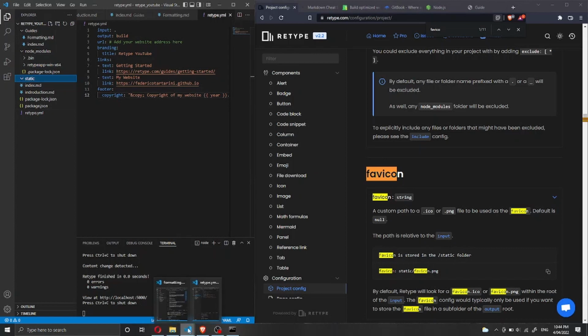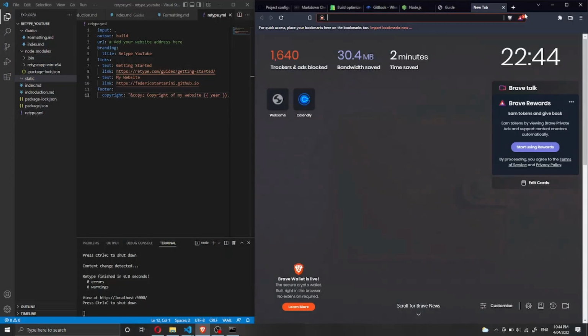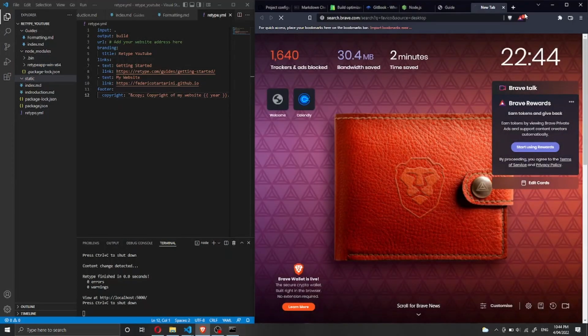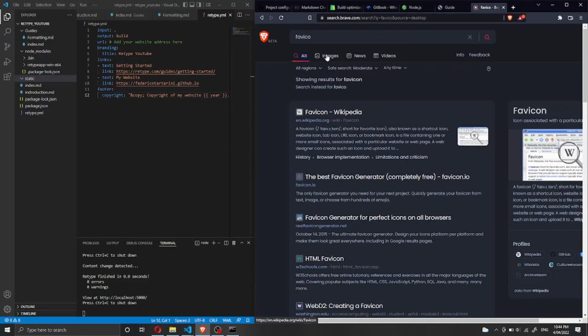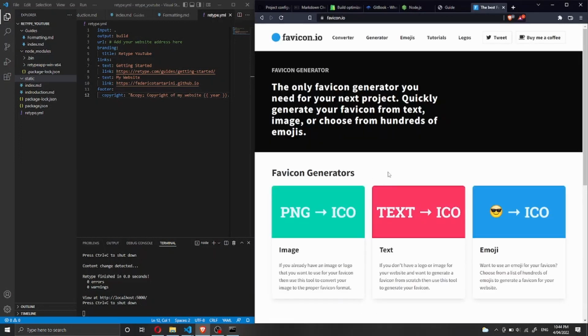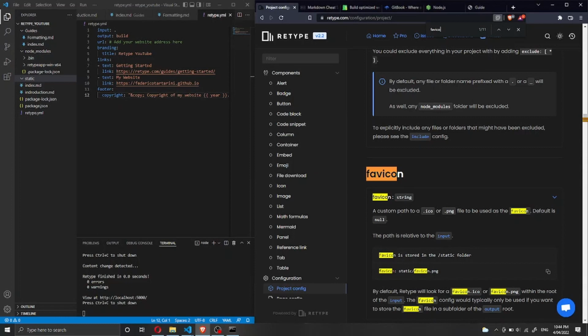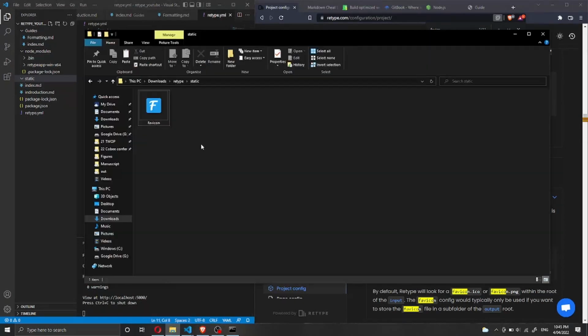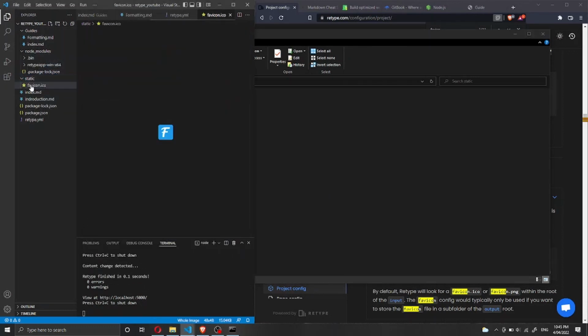So let me grab this favicon. You can generate one for free, just using a website, like for instance this one here. I've already generated one, so I'm just going to get that one and copy it inside here. So here I have a favicon that I've already generated, so I can just drag and drop it inside here,